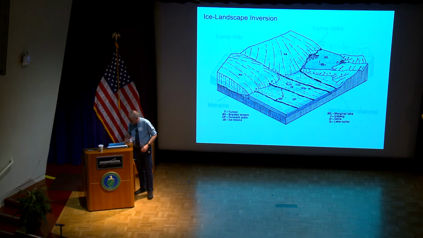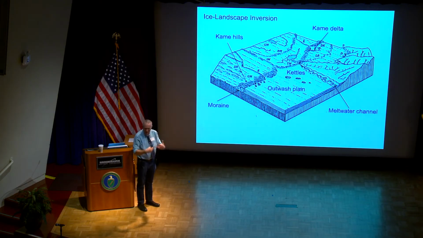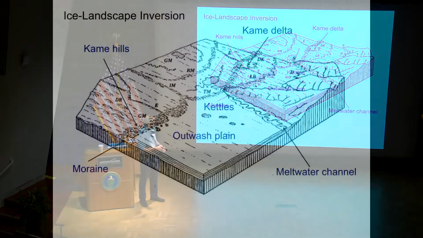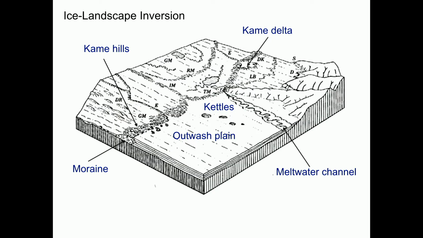All right, so if we get rid of the ice, what we're left with are lots of landscape features, such as a relatively flat and elevated outwash plain built up layer after layer by all of the material being washed out from under the ice. Remnants of the tunnels that were channeling meltwater to the front of the ice. And it turns out that if there's solid bedrock beneath the ice tunnels, then you will leave behind a kind of sinuous hill, which is all the sedimentary material that was deposited within the tunnel left sitting